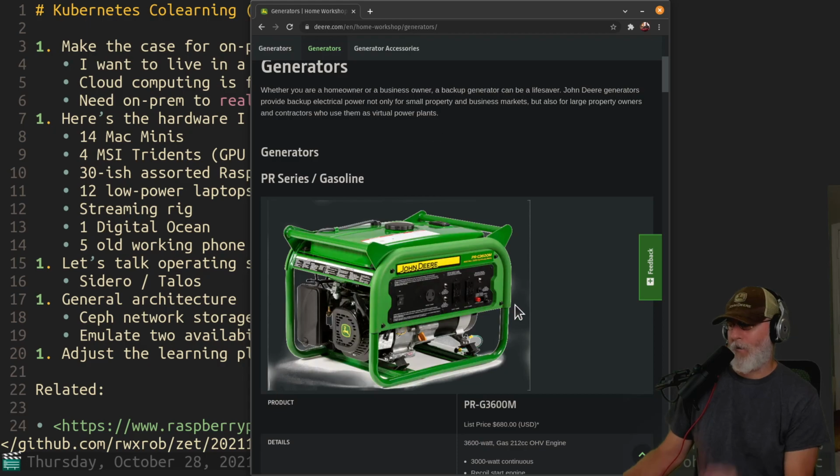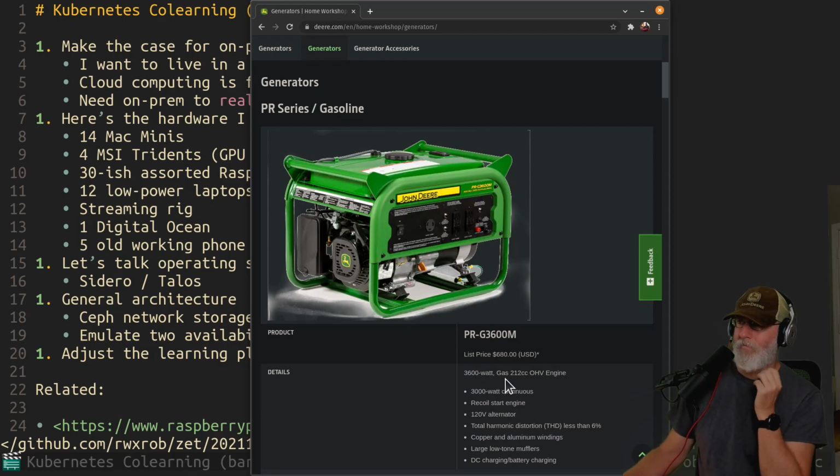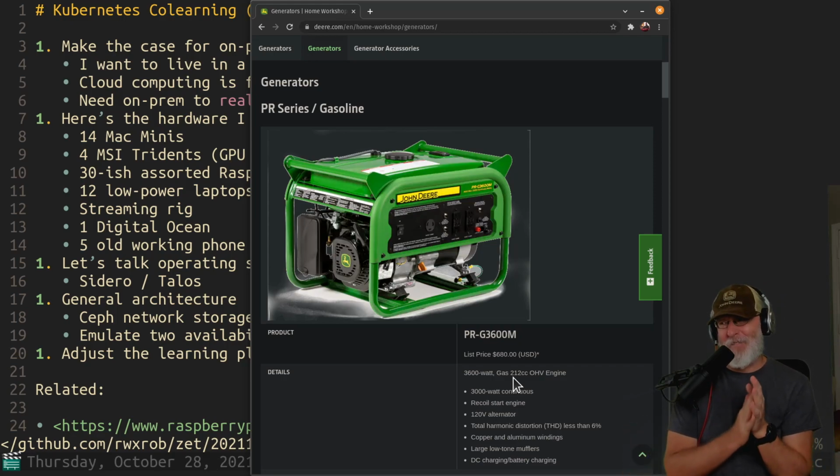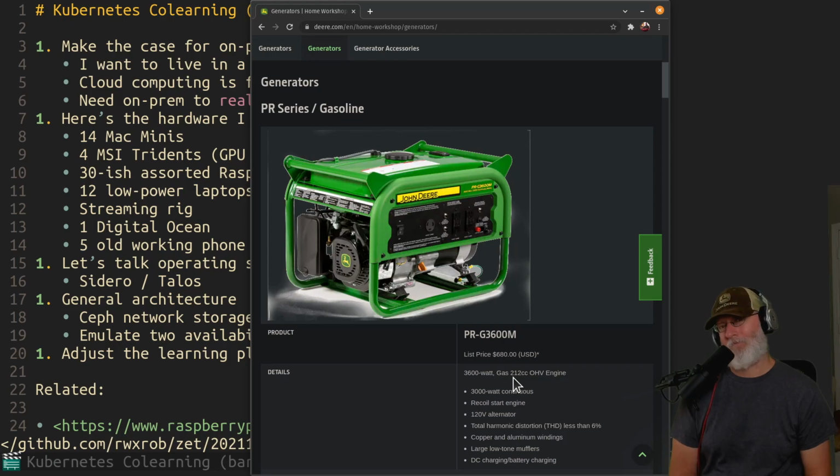I'm sorry, I'm gonna use this as it's only $680. That's not even that much. Look at that wattage. 3,600 watts. I'm gonna put that generator on a trailer behind my adventure bike. I'm gonna turn it on. That has to be done. I have got to make a trailer for my generator on my adventure bike. It's like, oh, you got your solar panels? Yeah, that's cute. Burn some dinosaurs.